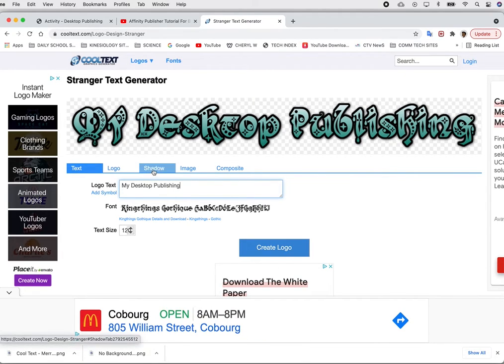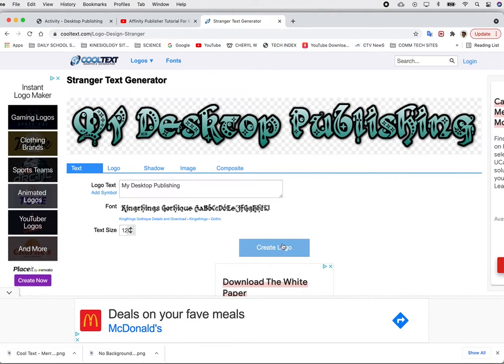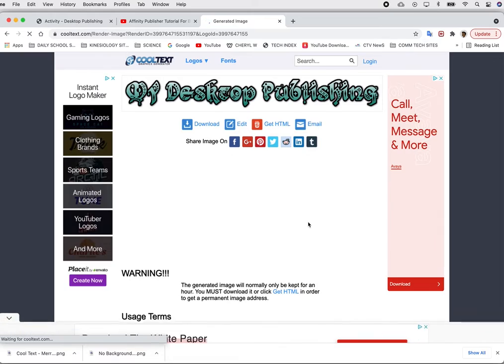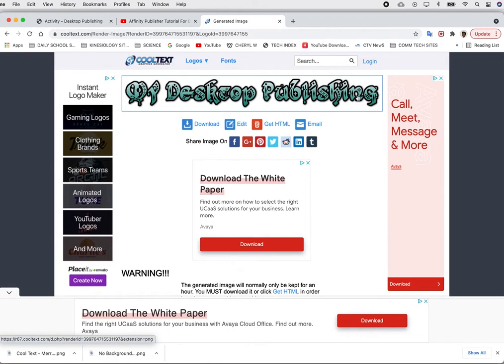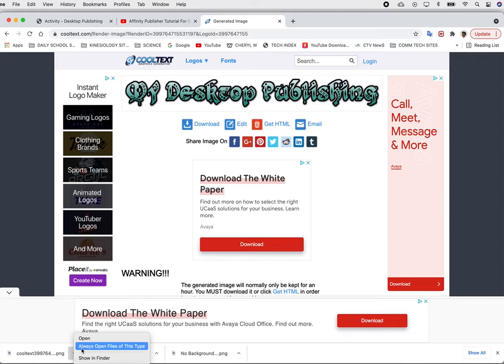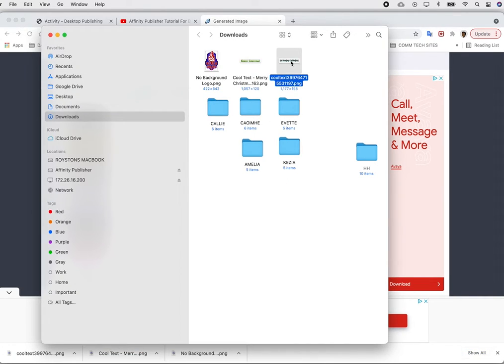There are some options along here that you can pick and choose from to edit this information or edit the look of this, but I'm going to now download my logo. My logo pops up on my screen, and then I will click download. Shows up right here. I'm going to show in Finder to see where it actually is, and there it is right there, called Cool Text 399 with a big long number. So if I go back now to my